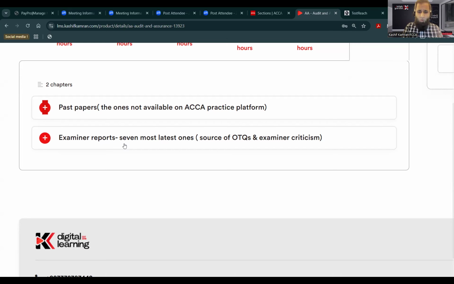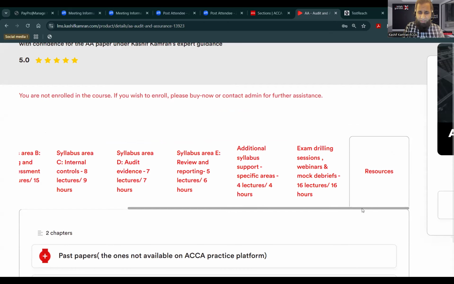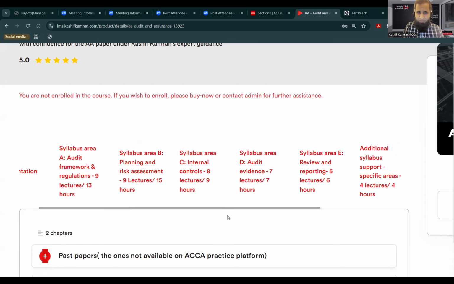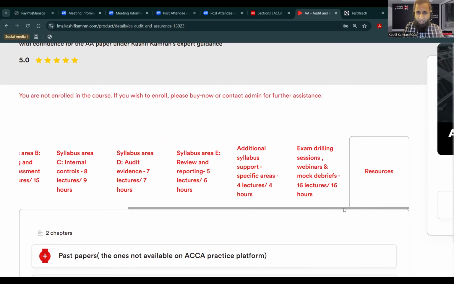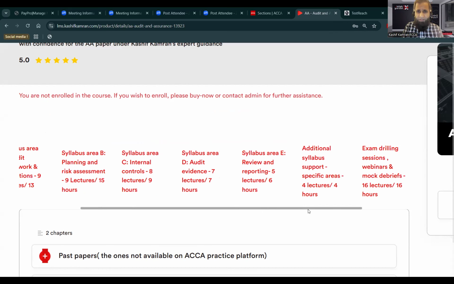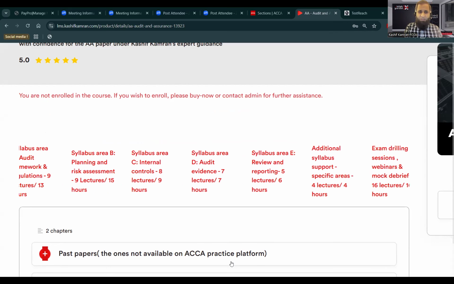Everything is within the course, but please don't forget to use the scroll button here on the left and right, so you can see the full course. Normally students forget to use this scroll button and they say the course is incomplete. So please use this, very specifically. Okay, so that's what I was telling you.